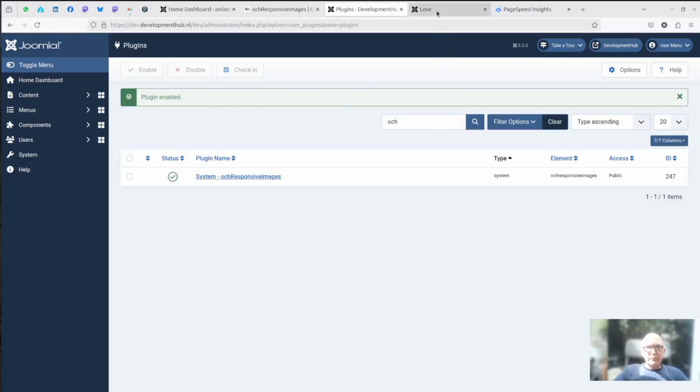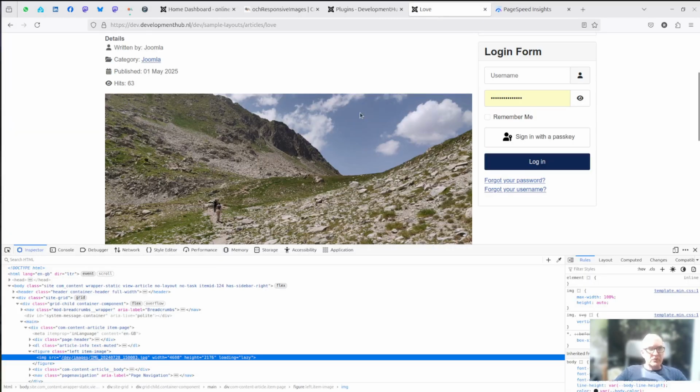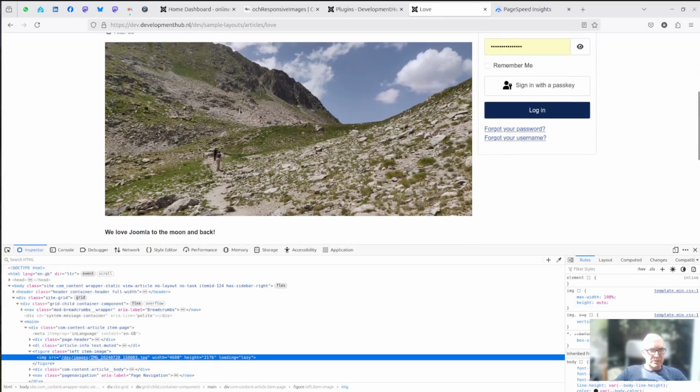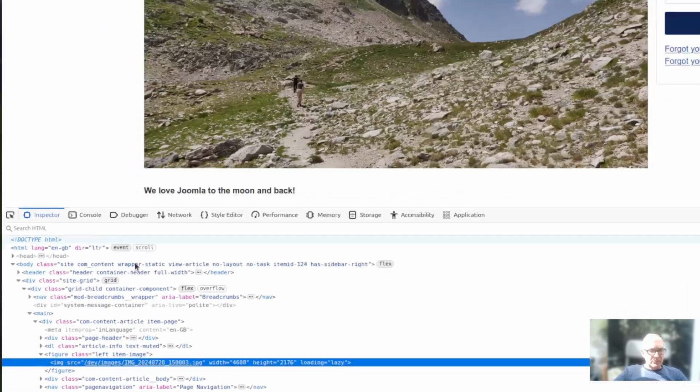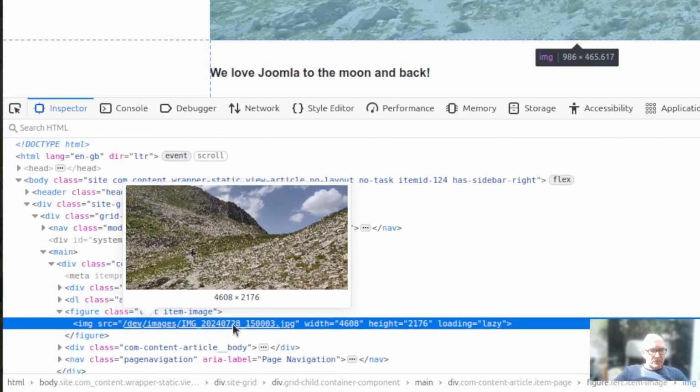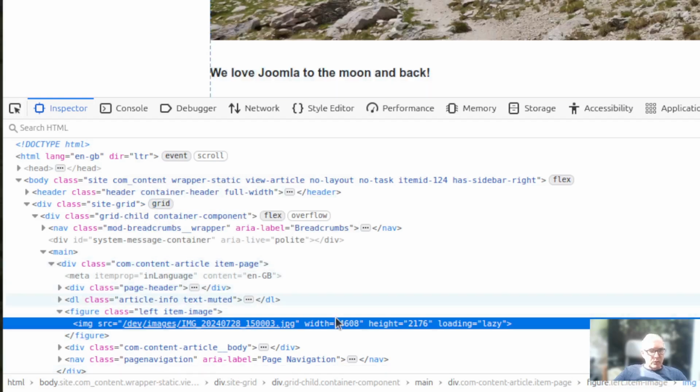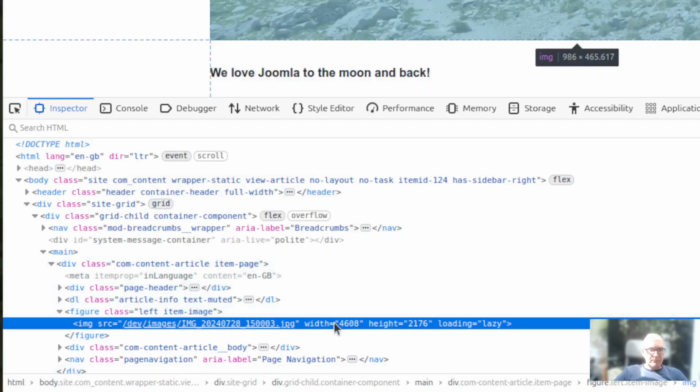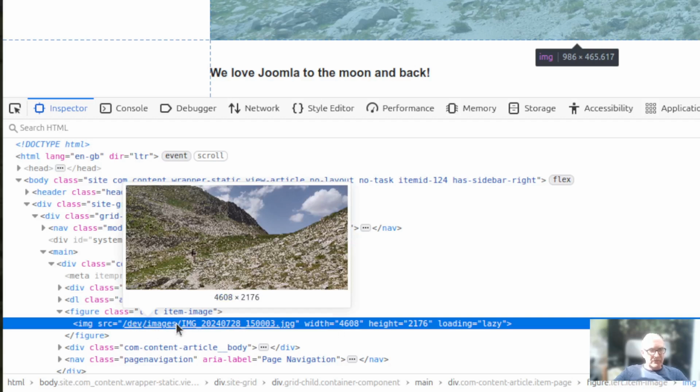Okay, let's go to the front page, to the love article. So this is the article with the image loaded, and as you can see, this is the big image of 4.7 megabytes. Now it's important to understand that OCH responsive images can only replace the image with optimized images when the optimized images have been created.